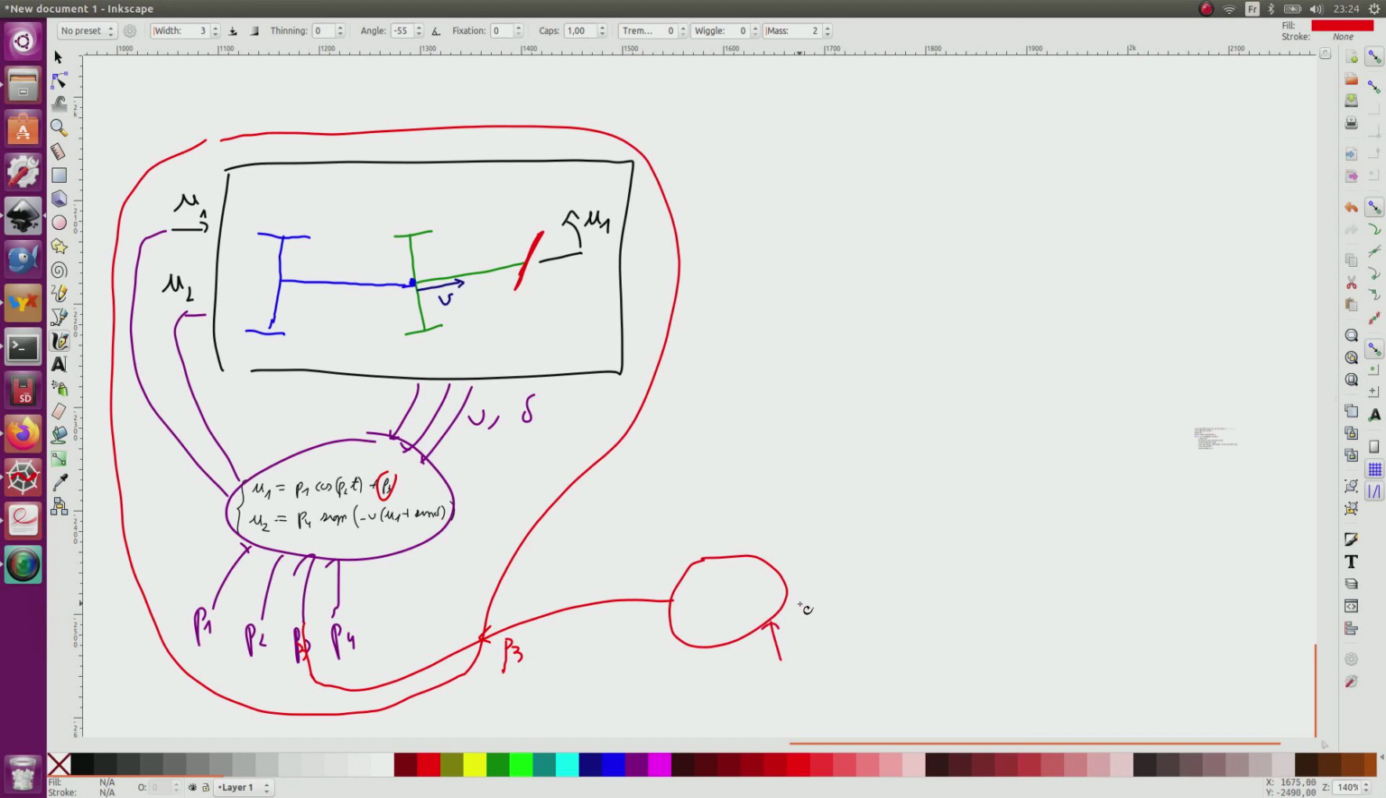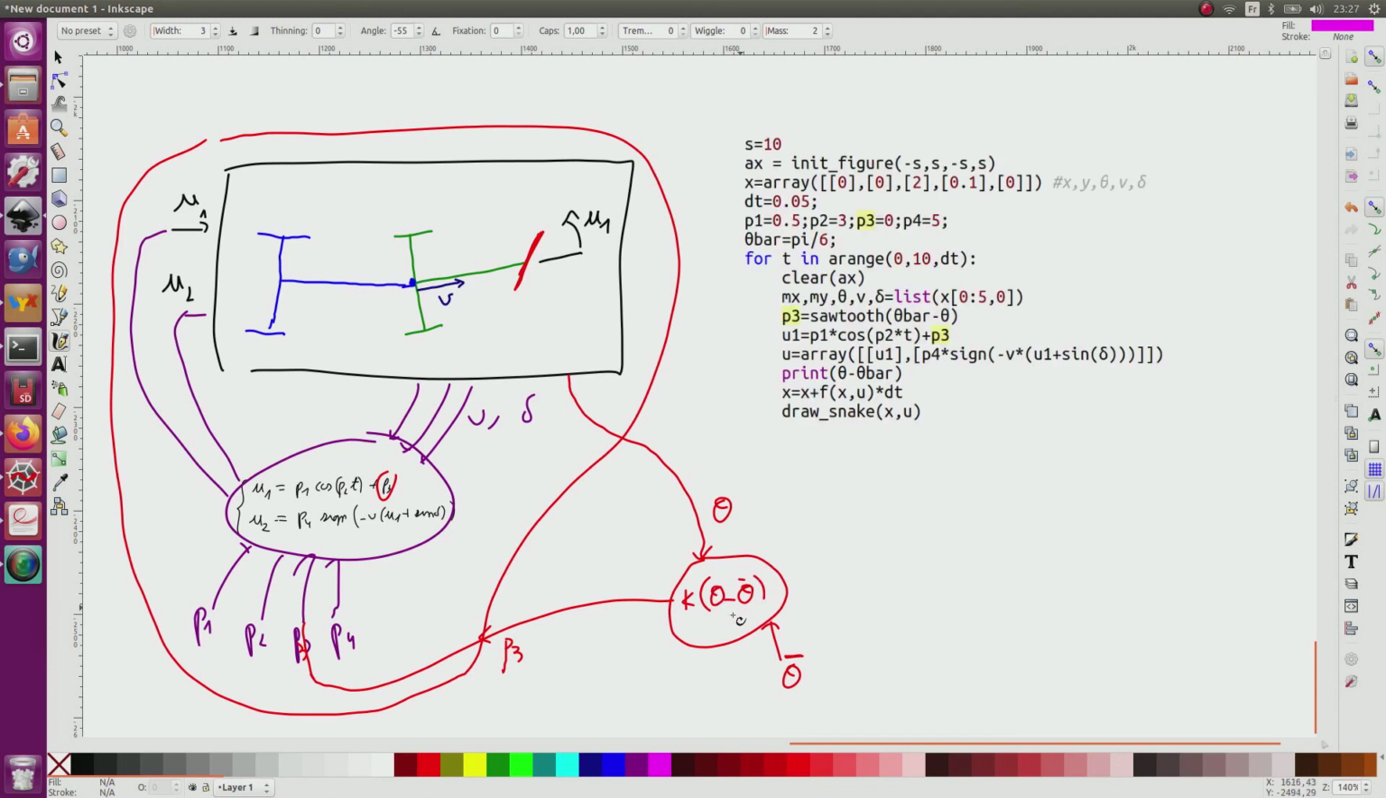The controller, I will give theta bar, the angle I want, and I will collect from my system with a compass, for instance, the real heading theta. I will compute the error theta minus theta bar, and this will correspond to P3, we say, with a gain just in front of it. I take the following program where I compute P3 as the difference between theta and theta bar here,